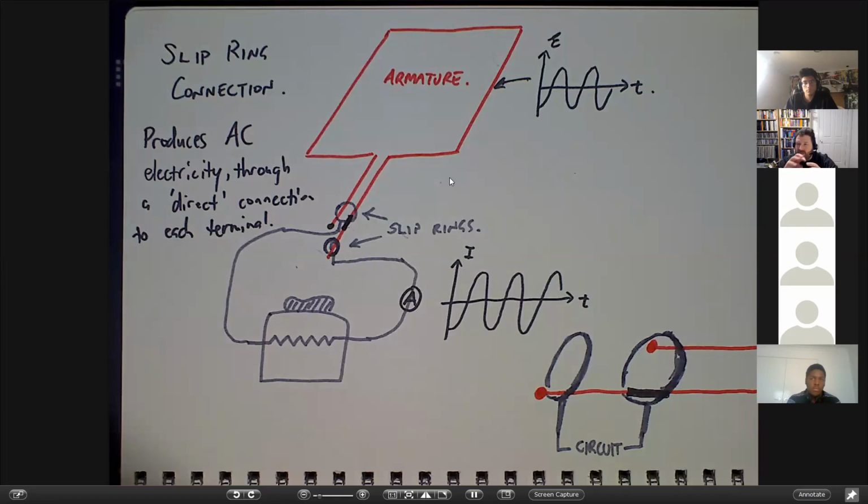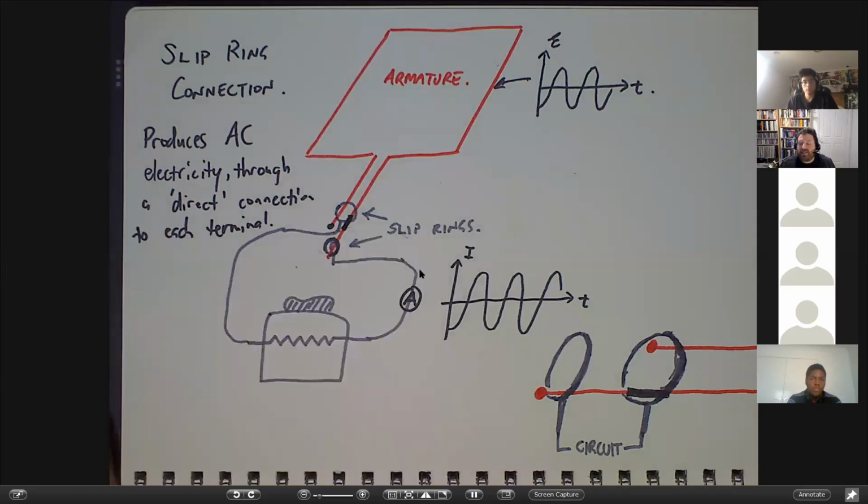You don't have this fancy commutator thing that can go a bit wonky, where you can get the timing slightly off and it might be at 169 degrees rather than 180 degrees and things like that. So slip rings are more simple and stable. And in electronics, one of the absolute key things is keep things simple, because the more things you have, the more failure points. But the bigger reason is what we're going to get to in a week or two's time,